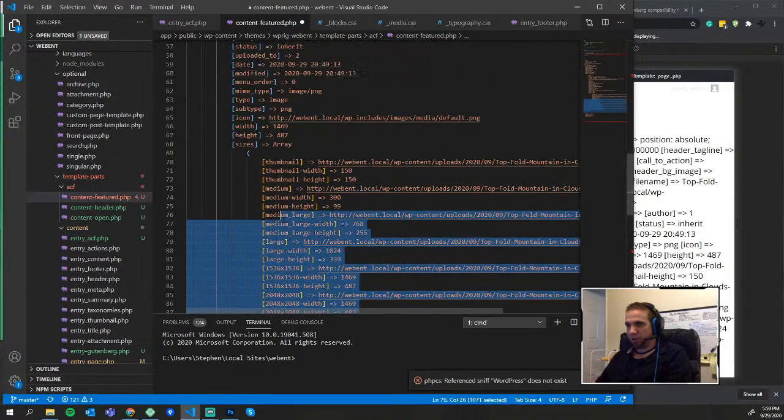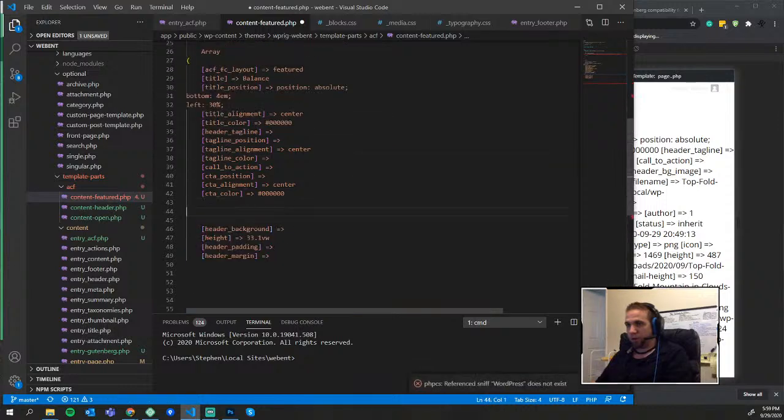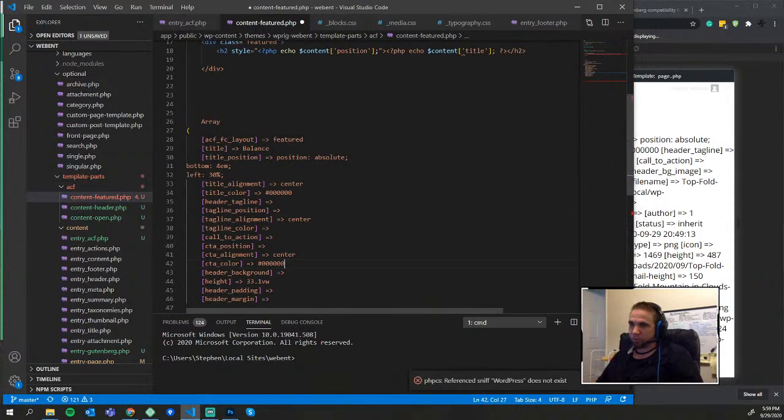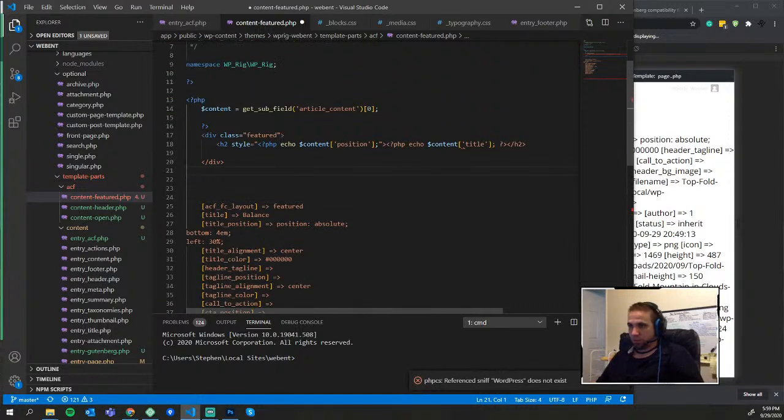Again, I'm going to get rid of this huge array for the background image for now. Get rid of all that. And this is title position, where I just straight up inline style the position. Position absolute, bottom, left,